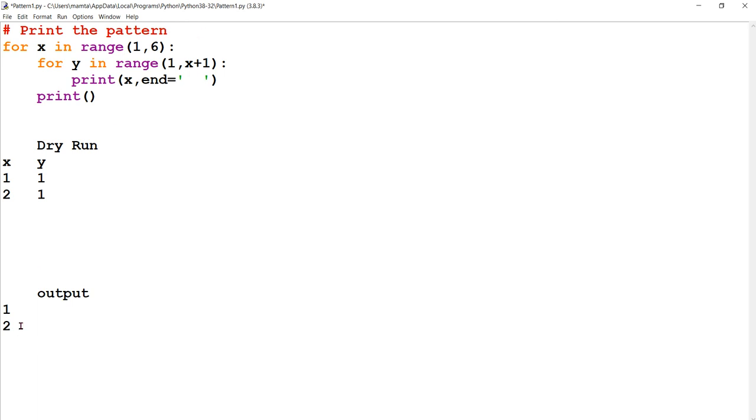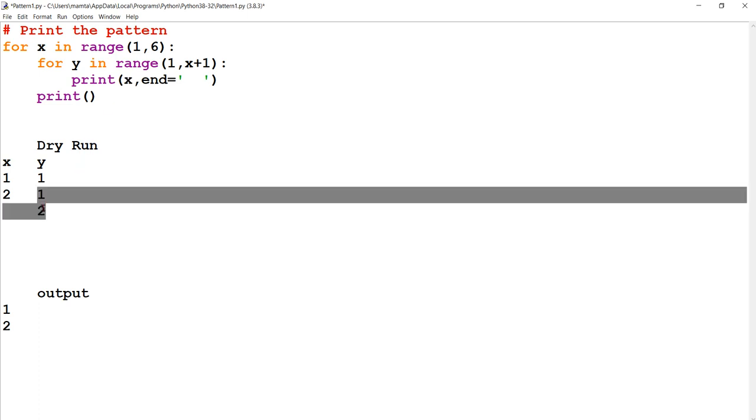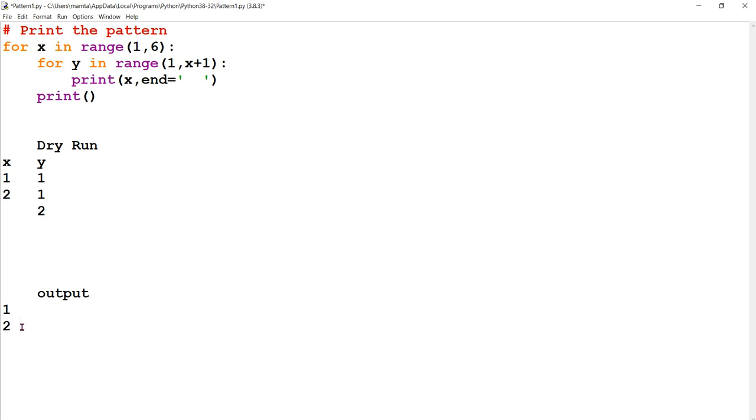And then a space gap. So a space gap, we will also give in the output. Now the inner loop will be rotating Y 1 to 2. So now Y will become 2. So again X's value is getting printed because Y is rotating 2 times this time. So X's value will be printed in the same line. So it is 2. Now the inner loop won't be running. Come out of the inner loop, print statement. So the cursor will go to the next line.